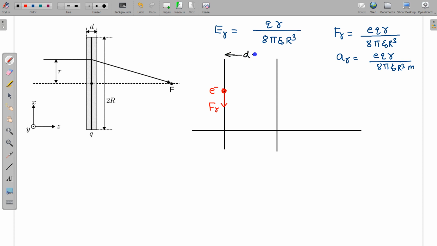Let's say this is the active region of width d, in which this electron will experience force. So what is the force it is going to experience? This electric field multiplied by this charge, and this force will be in the radial downward direction according to this diagram. And what is the acceleration in the radial direction? The acceleration is this force divided by mass, and we can see these forces and these accelerations are very small, and this region is again very small. Okay, this region is a very narrow region.